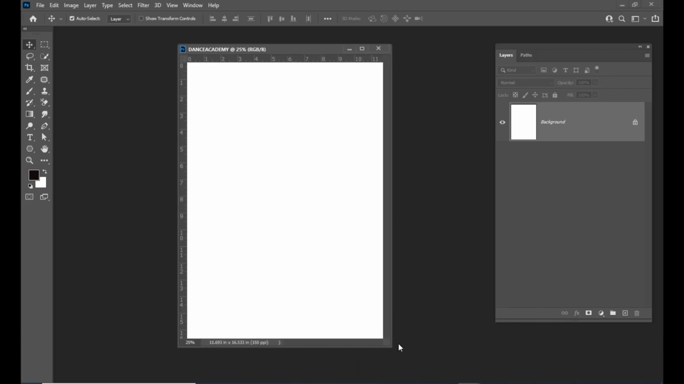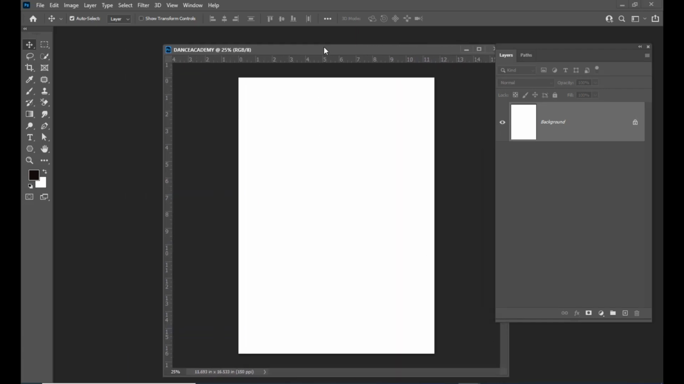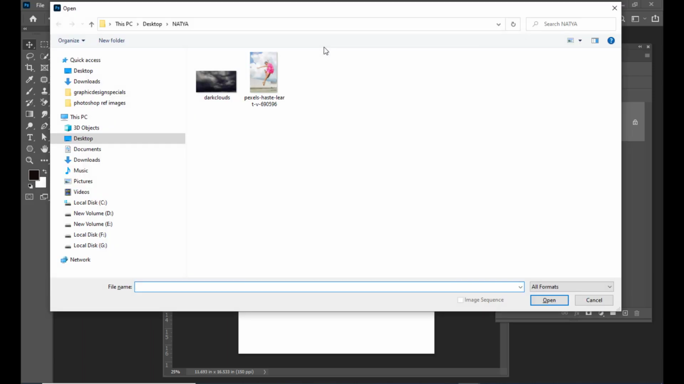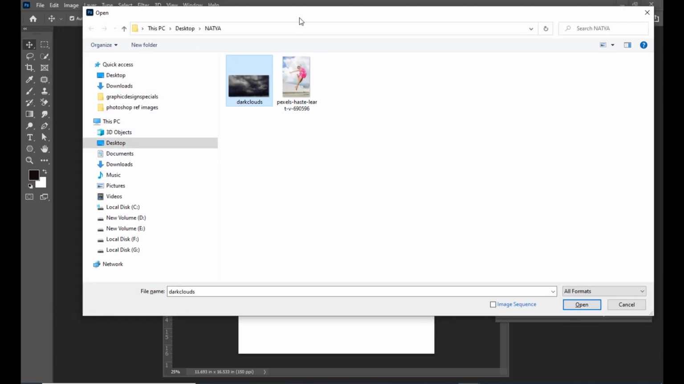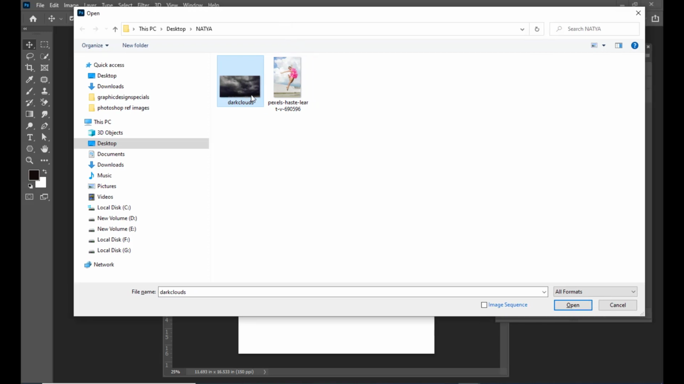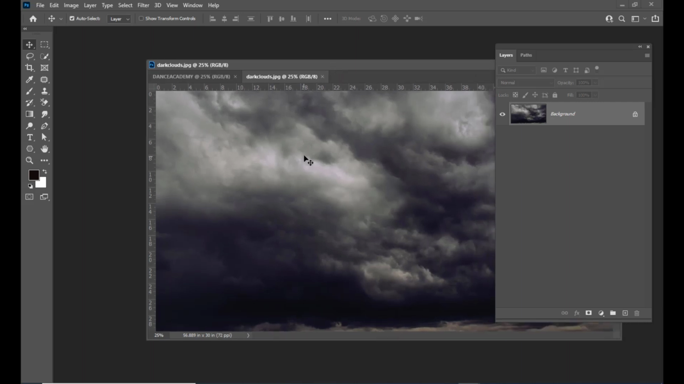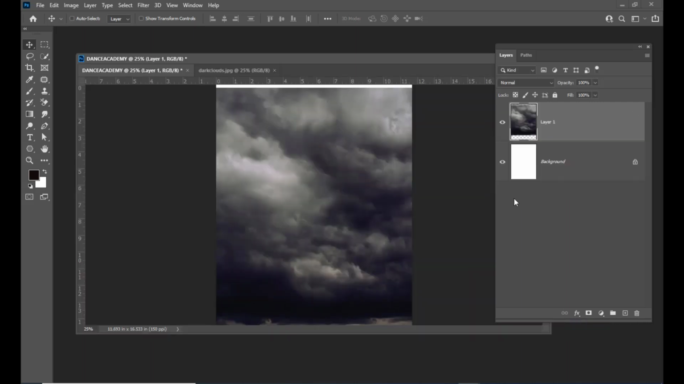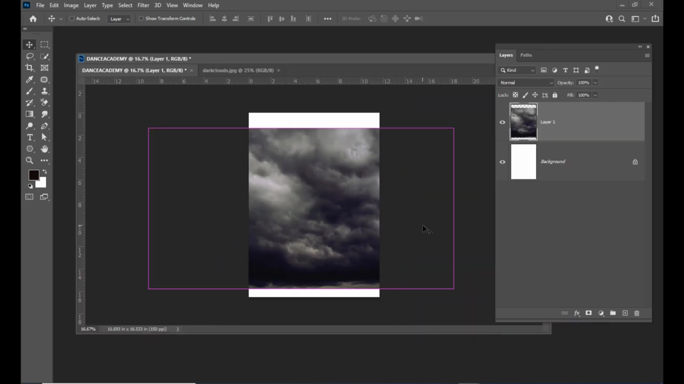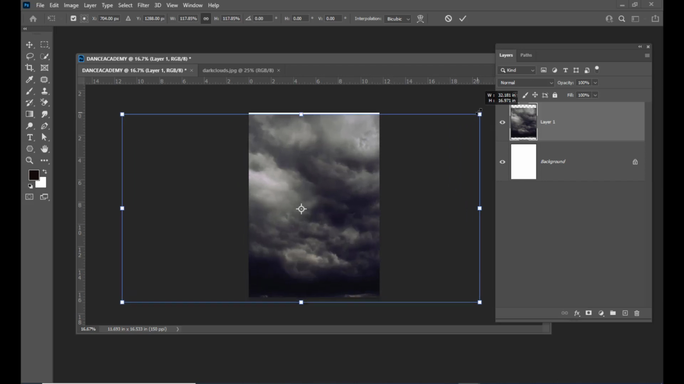So now that we have created our document, the first step we are supposed to do is we are going to import an image that will be used as a background. So let us browse to the image. So here I have just downloaded a clouds background and now put this clouds background and adjust it properly,